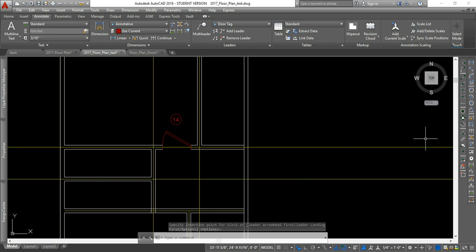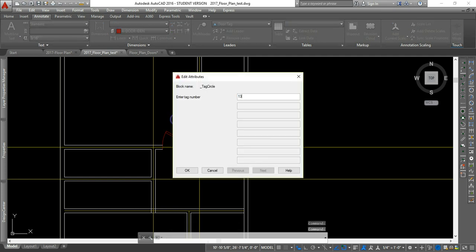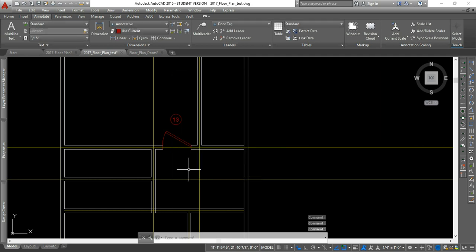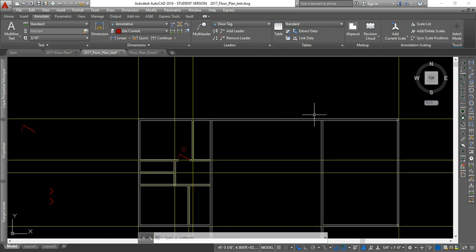And so there it places it. Oh, excuse me, that was door number 15. 13. Duh. Okay. And so that's kind of how you do doors. When you put your exterior doors in,